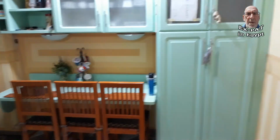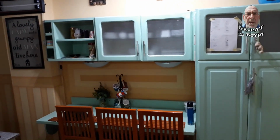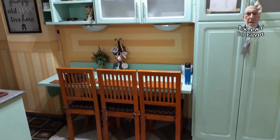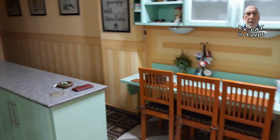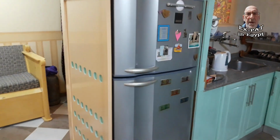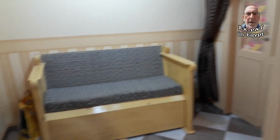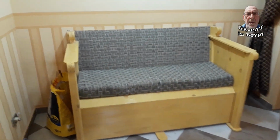Then we've got the dining room, reception. Made the kitchen units myself, the drop leaf table, which I never use. I don't know why I made it. And made the screen to disguise the fridge freezer as you come in. Made this little seating unit,